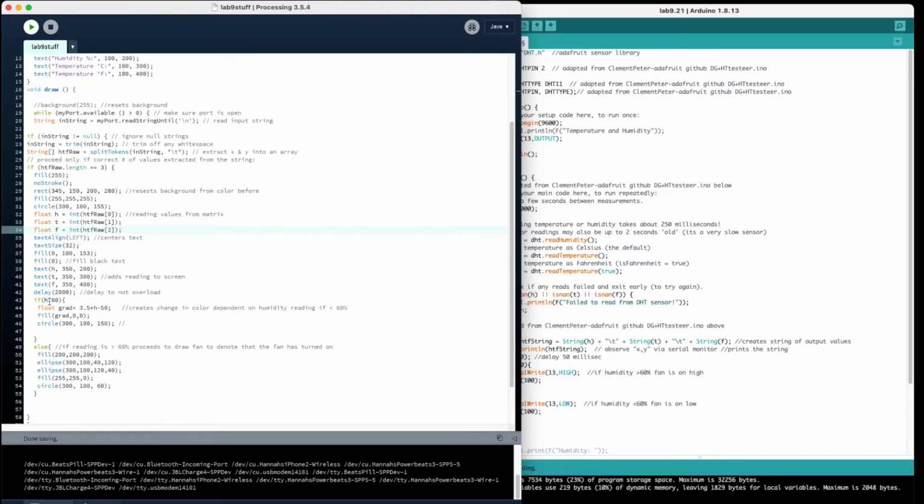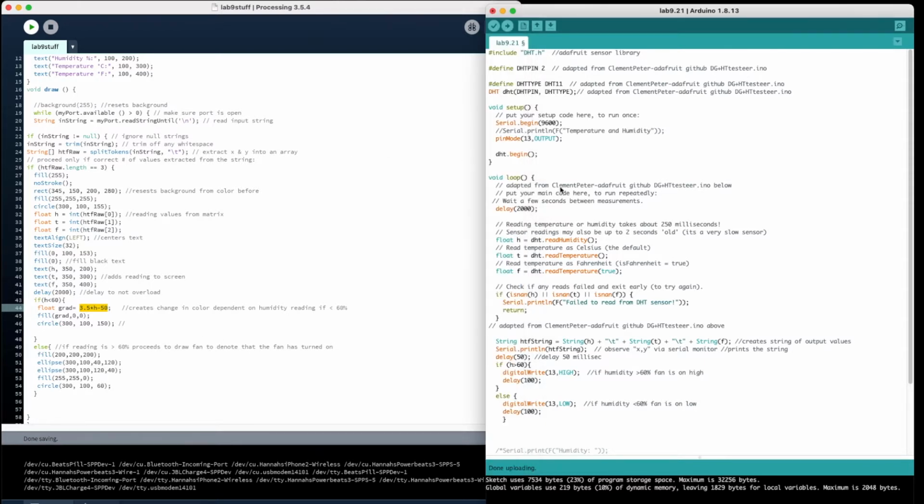And so if H, which is the humidity, is less than 60, it changes the color dependent on the humidity, which I do in the calculations here. And then else, if it's greater than 60%, it proceeds to draw the fan, which denotes that the fan has turned on. And then for my Arduino code, which is over here, I borrowed this from the Adafruit sensor library,